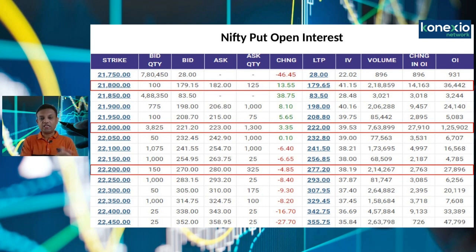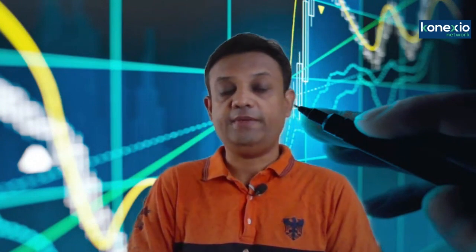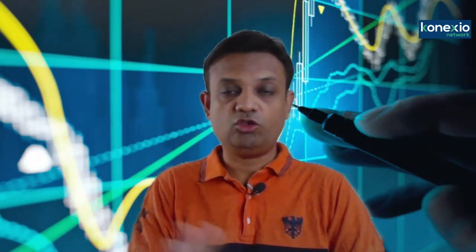So overall, looking at the charts and derivative data, both seem to be positive at this juncture. The implied volatility of puts is very high, so smart money might come in and start writing puts, which might push the markets on the upside. So definitely, one should avoid going short at these levels, or one should wait for the market to give an impulsive wave and then start building long positions for an upside swing. So definitely, the chart seems to be positive. Any dips should be used as a buying opportunity. This should be the strategy for the next week.